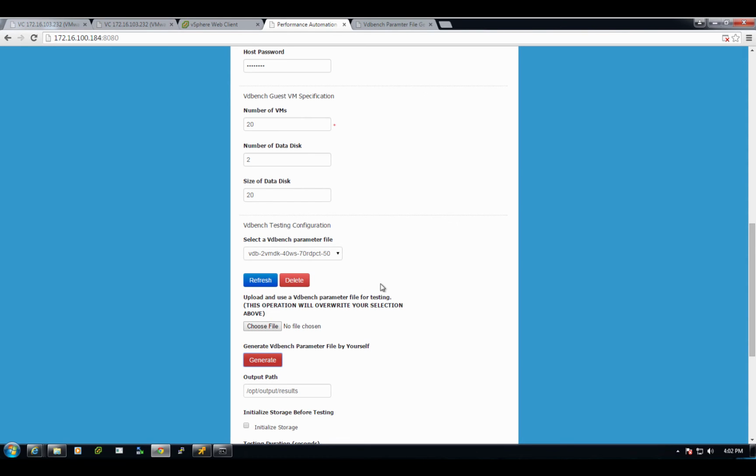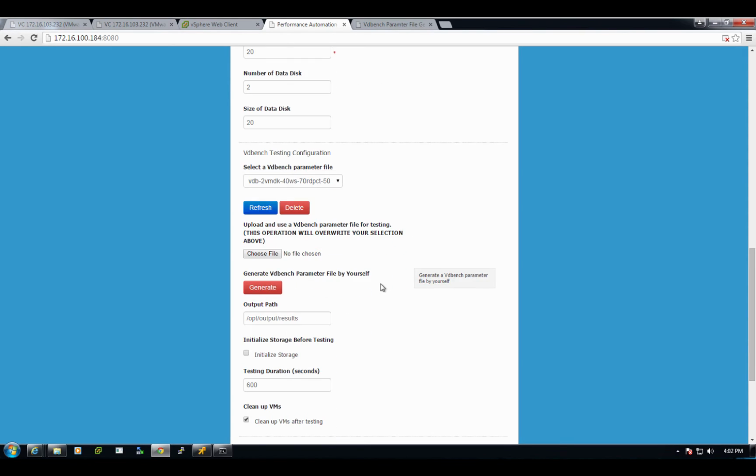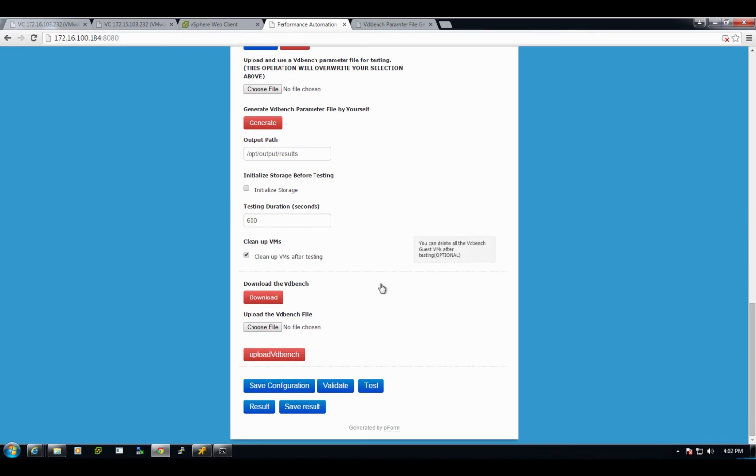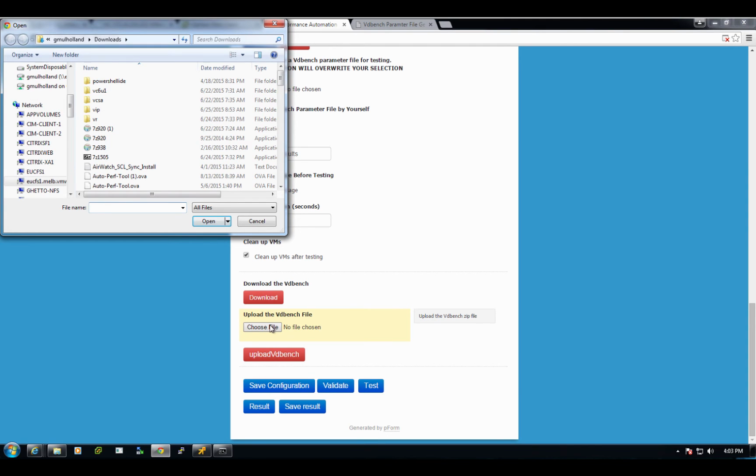I'm going to leave the output path as the default. I could choose to initialize the storage with a dd command prior to running the test, but at this stage I'm not going to do so. I'm going to set the testing duration to 600 seconds, and I definitely want to clean up the virtual machines afterwards. I have to download the VDBench tool, and as I've already achieved this, I'm going to upload that tool,